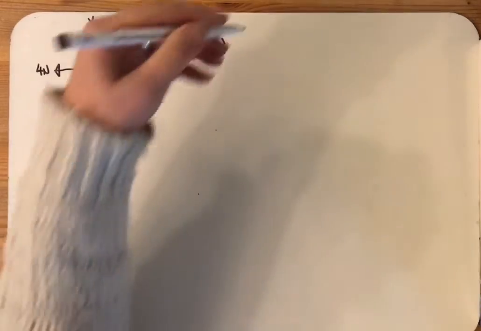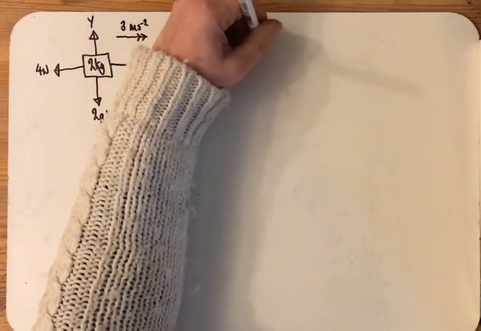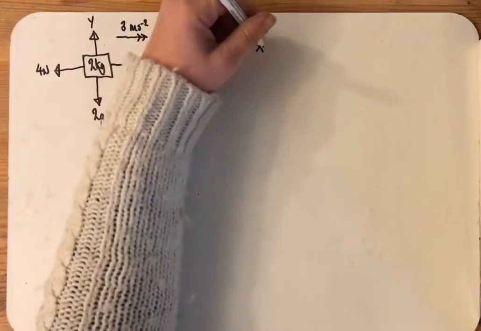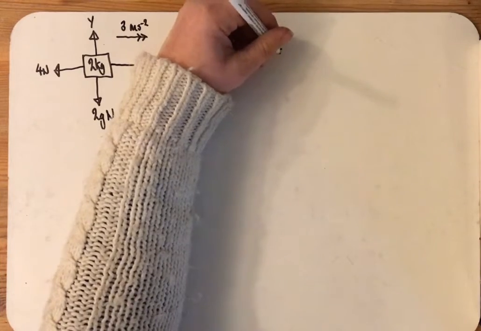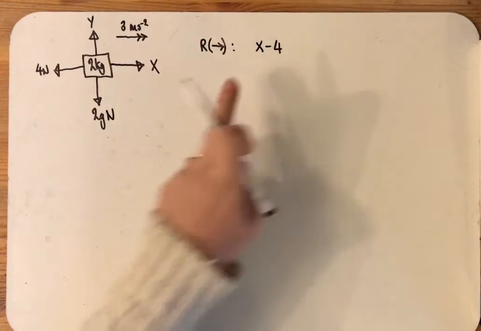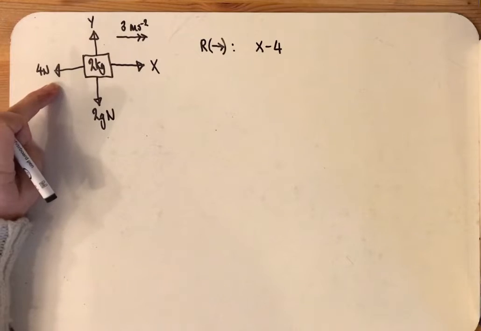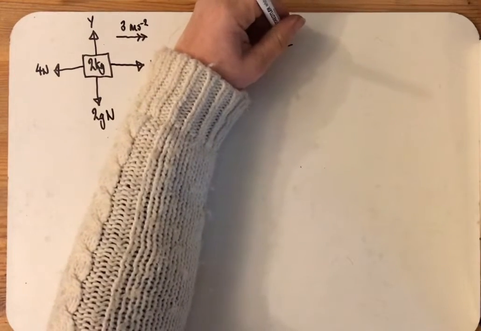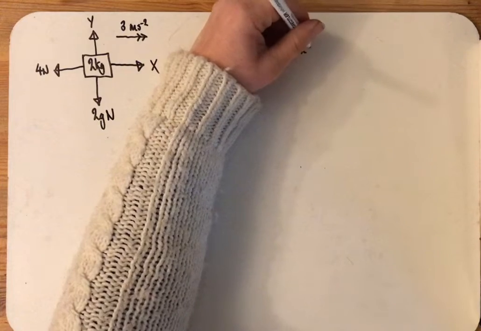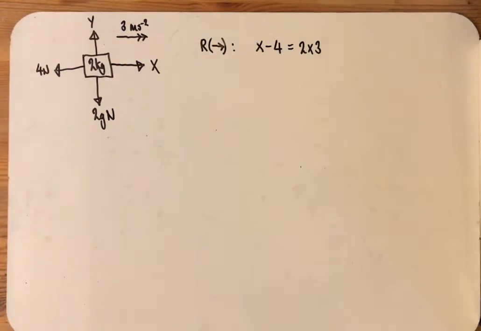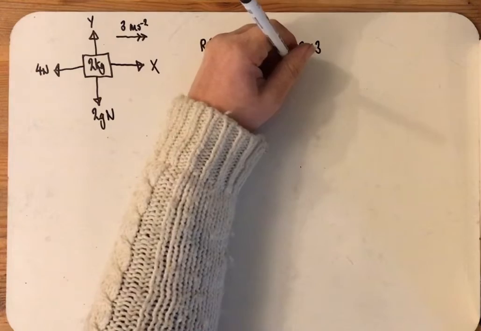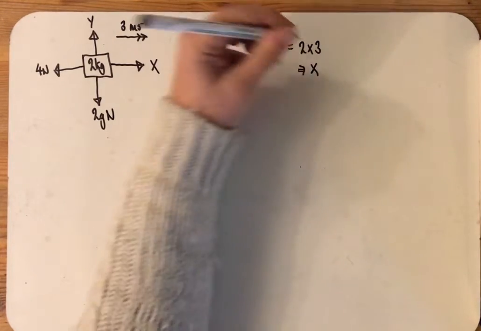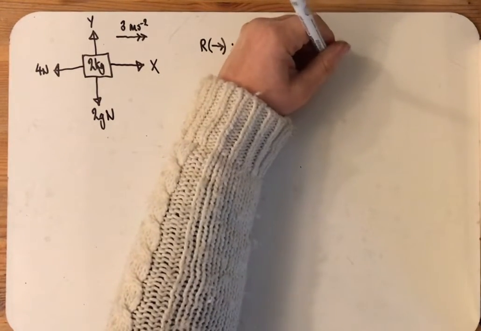So x is a positive force, 4 is a negative force, and the resultant force will be x minus 4, and that's equal to the mass, which is 2, times the acceleration, which is 3. So the x is equal to 6 plus 4, which is 10